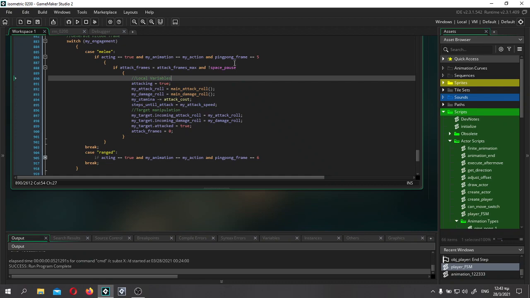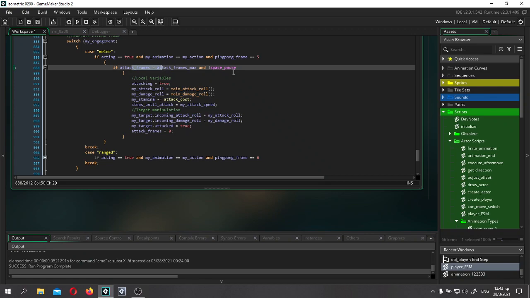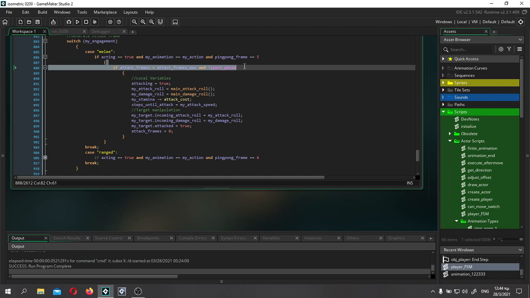So if I'm at ping pong frame 5 in the animation, and if my attack frames are maxed out and I'm not paused. Because if the game is paused and I hadn't put that check, it would still continue to do more attacks while the game was paused, because it may be paused in this exact frame and it would be an exploit. If the game is not paused,